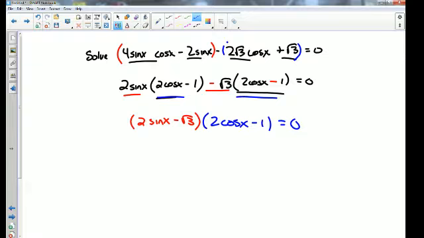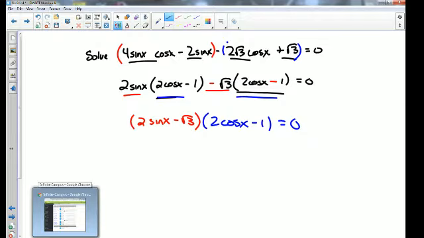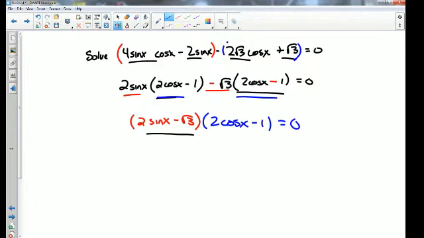Could you finish that problem now? Yep. Emmett, what's our next step? Combine zeros. Set this equal to what? And so that means sine x equals √3 over 2, okay? And x equals,